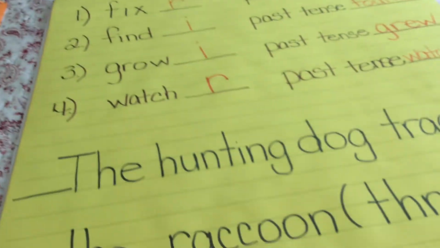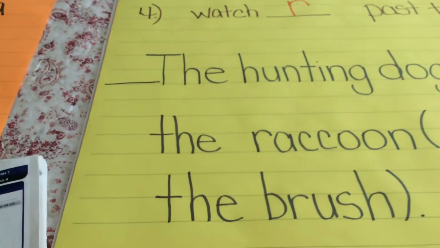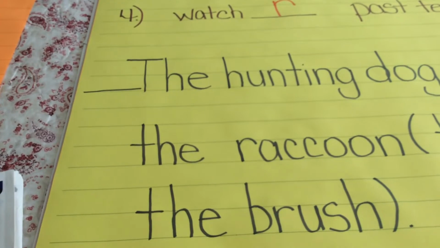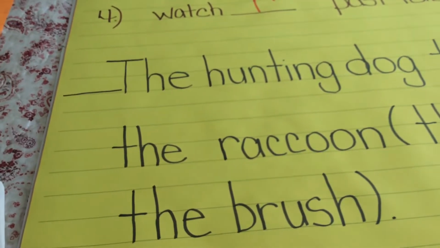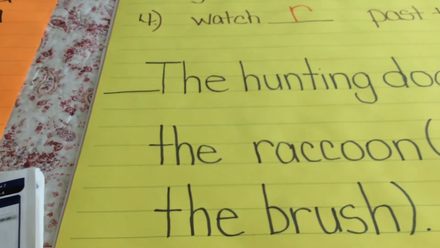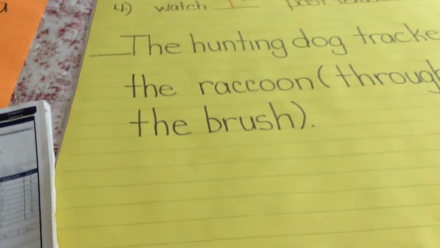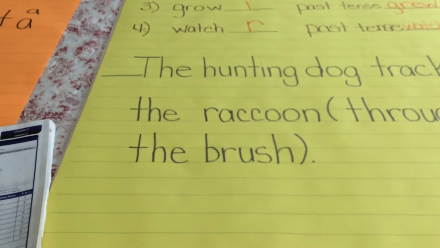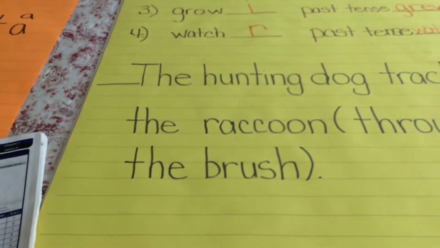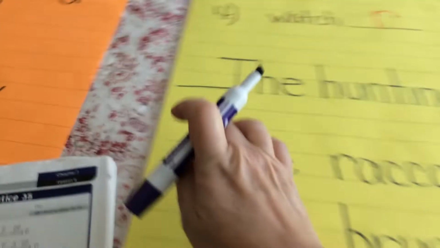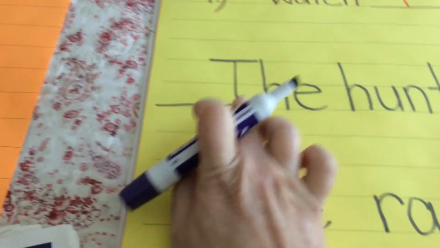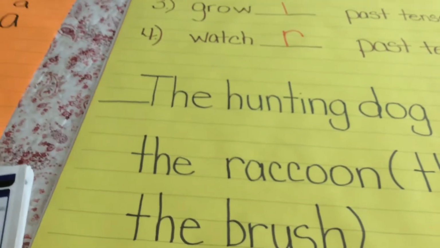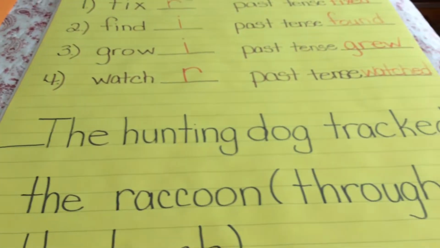Now, everybody should have either a fresh lined piece of paper out or your old piece of paper. Okay? So whatever you want to do on that. And you can stop this video for just a second if you want to while you get that set up. All right, make sure that you're putting a line before the, because we've got to put our pattern there. And we've got the hunting dog,